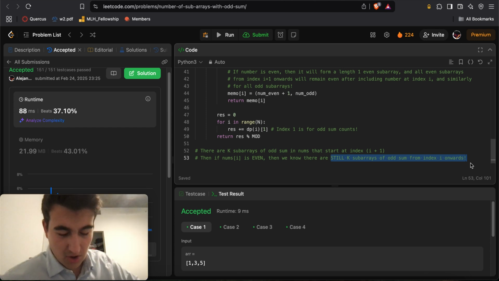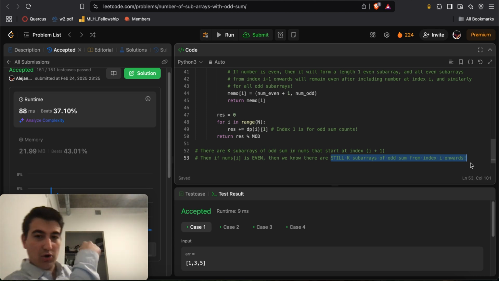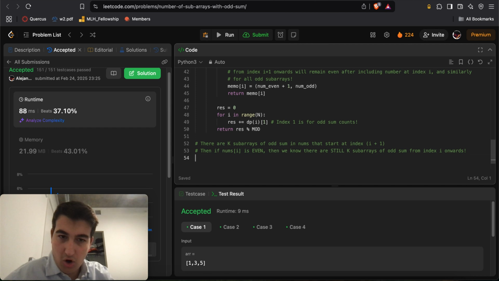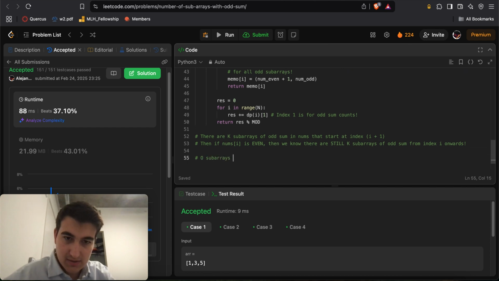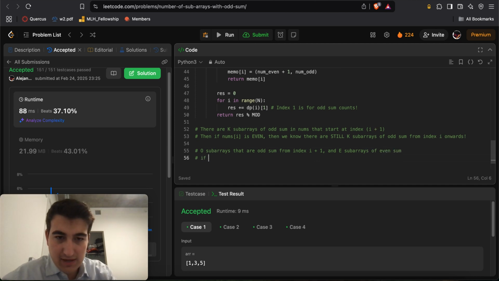And I realized, wait a minute. If I have an odd number, then let's say I had O subarrays that are odd sum from index I plus 1 and E subarrays of even sum, right? Now here's the thing. If the number at index I is odd,